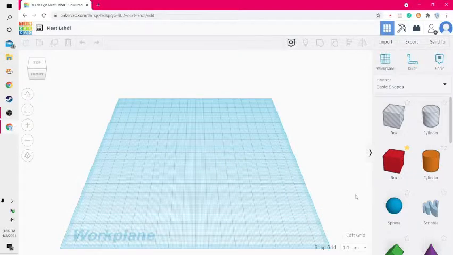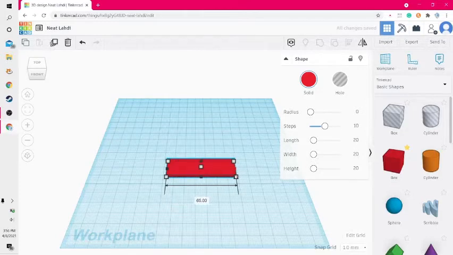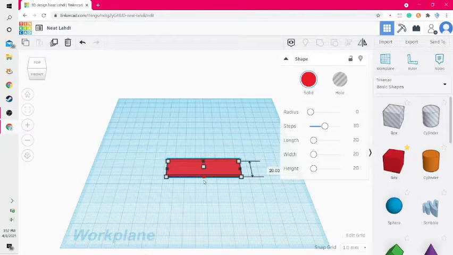The first thing you want to do is drag a box. We'll change this, and we're going to make this like 2 centimeters, and let's actually make it 3. Okay, and then I'm just going to stretch it out to around 50 maybe. Actually, let's do 60. Okay, yeah, 70. Okay, so now what we're going to do is change this a little bit,